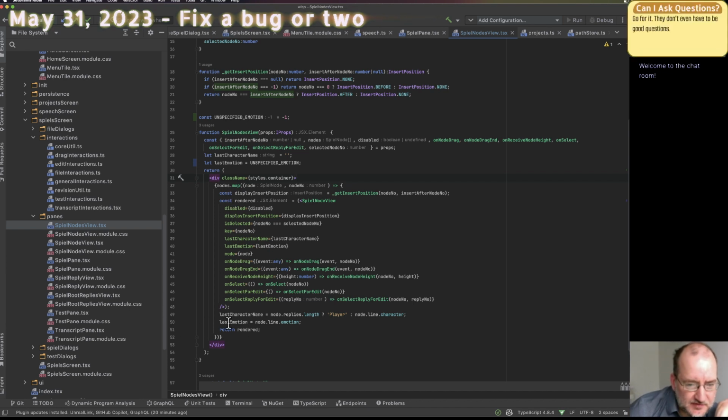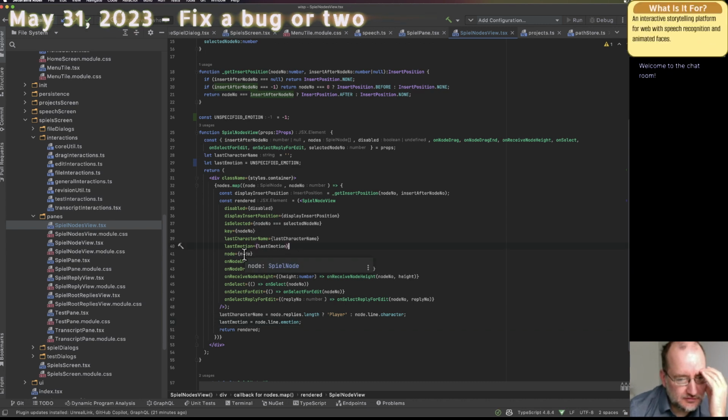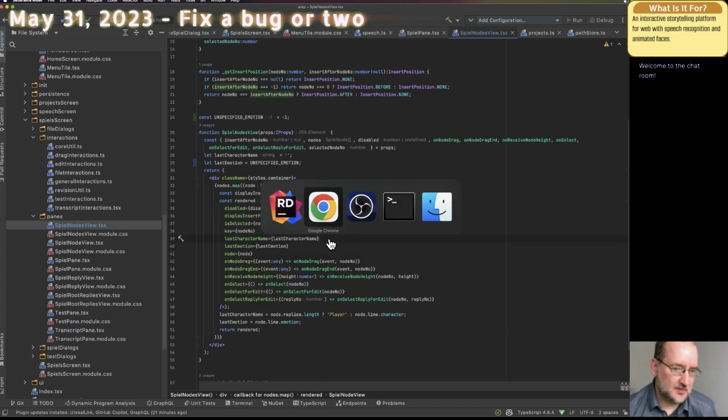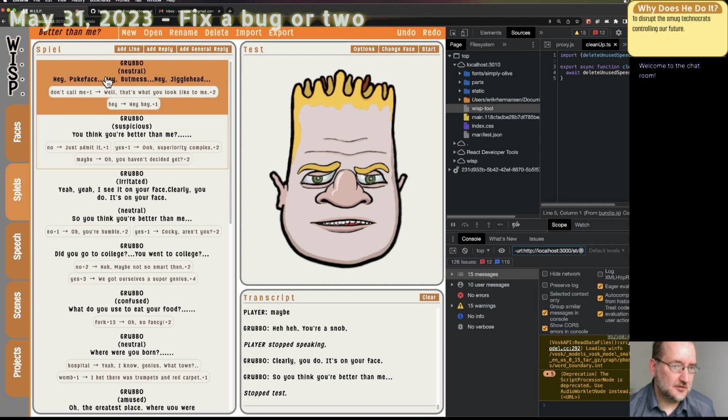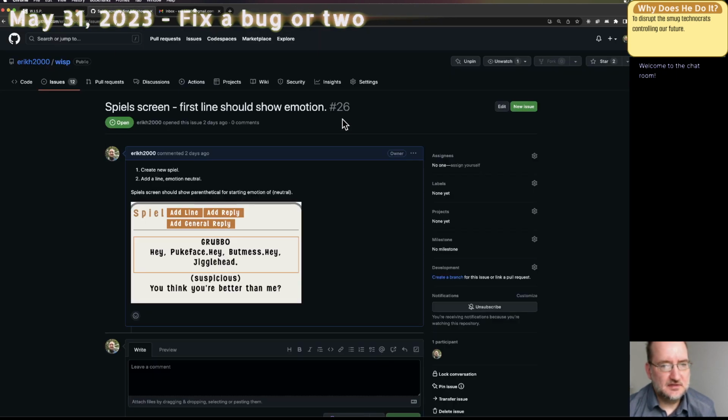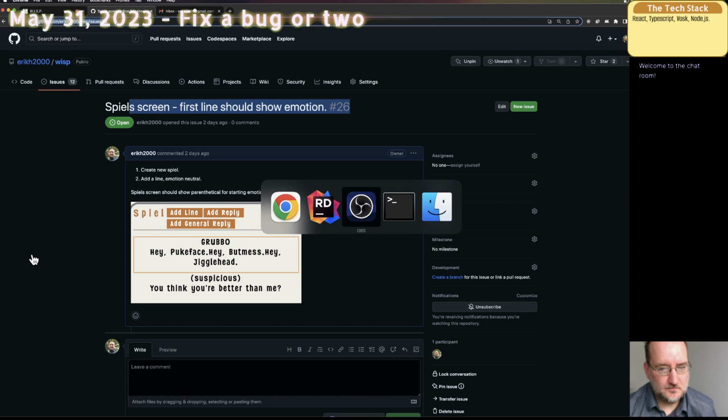Yeah, okay, so last emotion is going to get set there. Last emotion will get passed here. We're also going to pass in the node, which will have its own emotion, and it will always be different. So if I come back to here, yeah, we got neutral up at the top. That was an easy one.